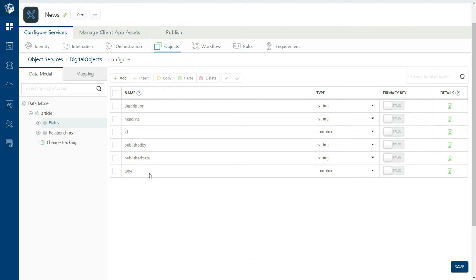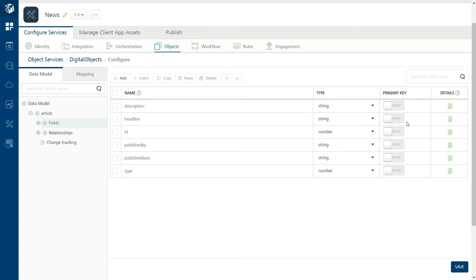All these are the input parameters or output parameters of the integration service that you have used while generating this article data model. Based on those input output parameters of the get operation that you have inside your integration service, these fields are retrieved and they are created as fields of your article object.